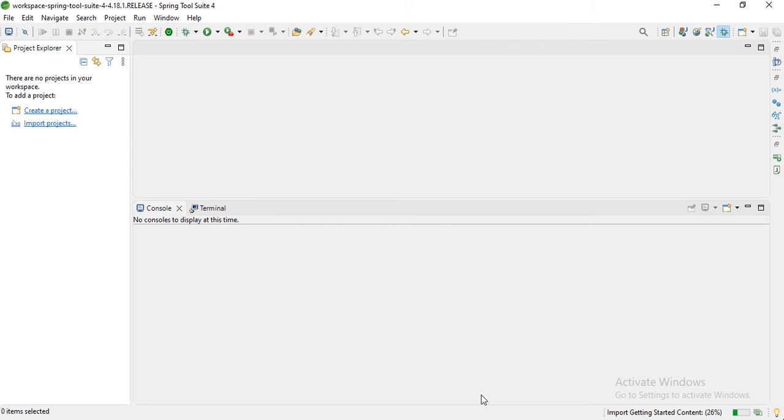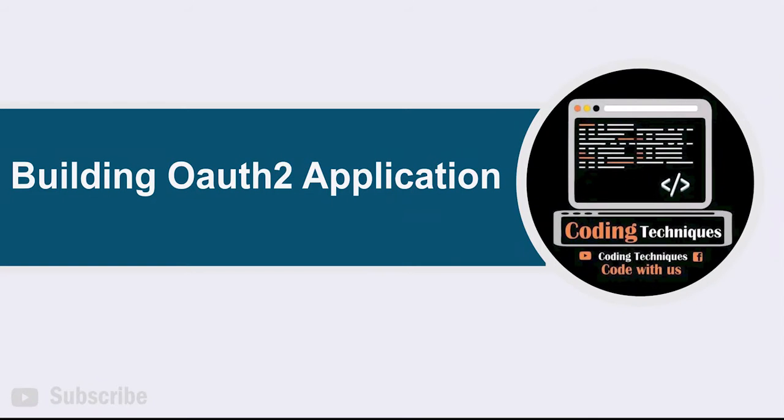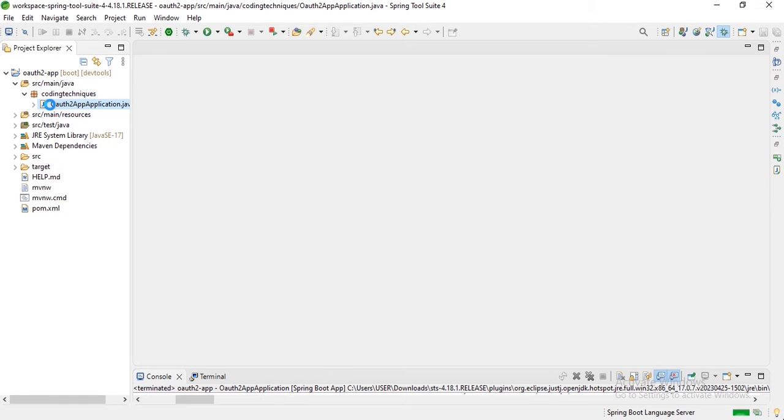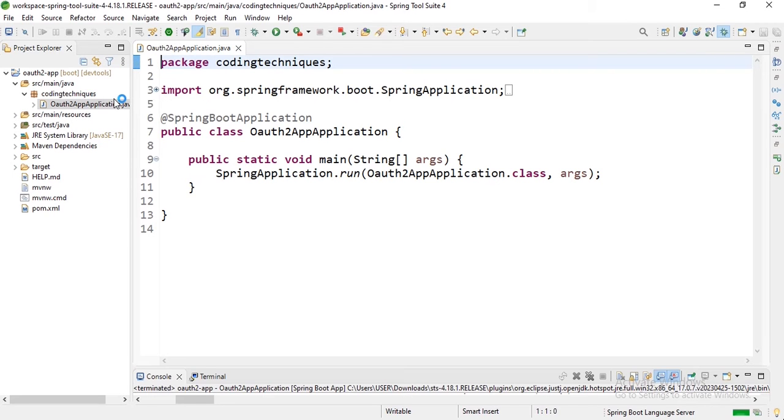So import getting started, as you see here is our app. Okay, so the next thing we will do is we will start writing the configuration for the OAuth2. So here is our just initialized project, and here is the starter class. Now we will create a package configuration where we will add OAuth2 configuration for this app. Now let's create a new package